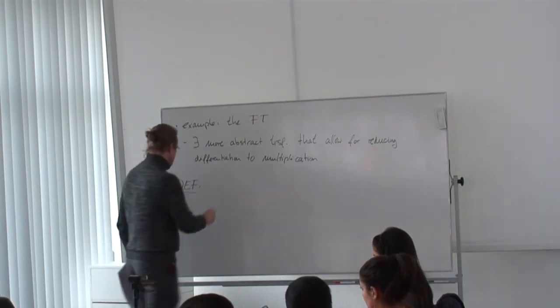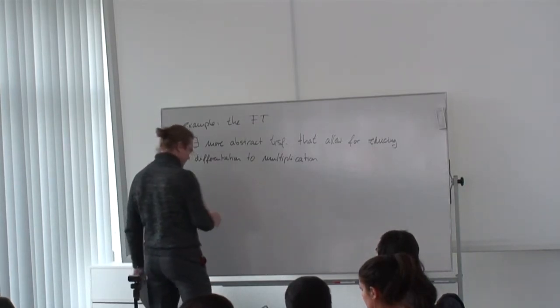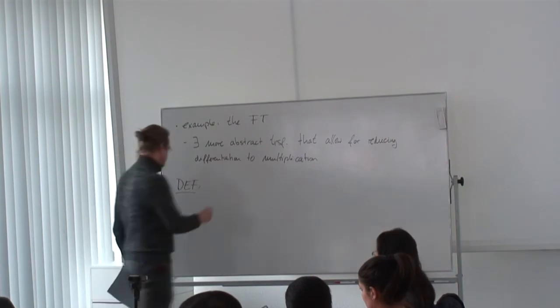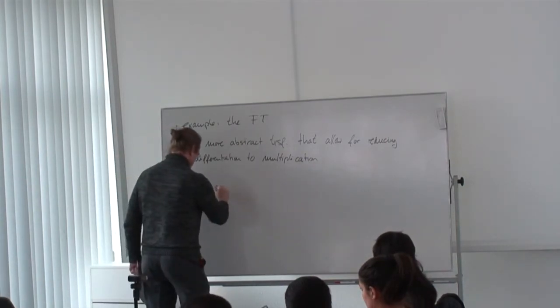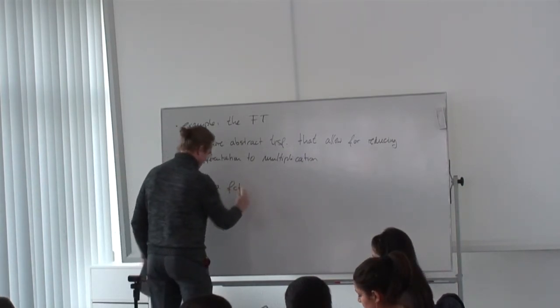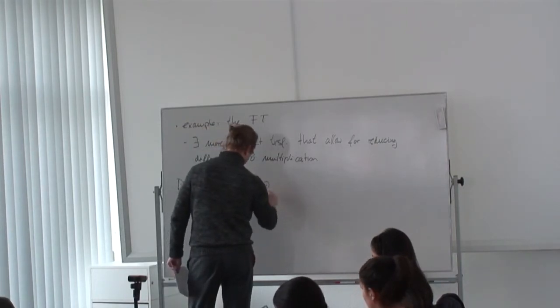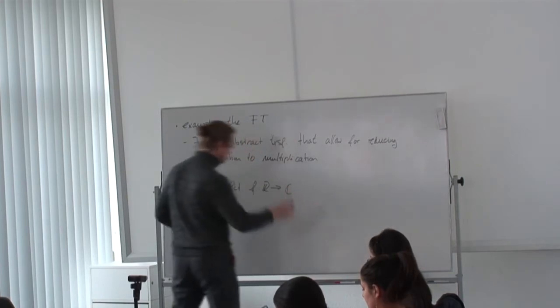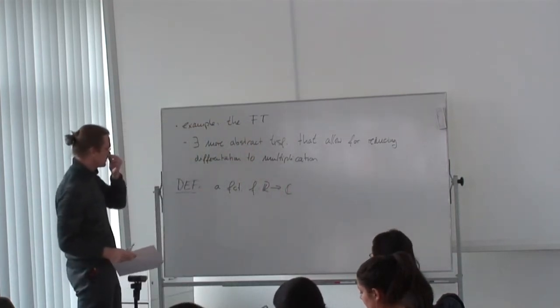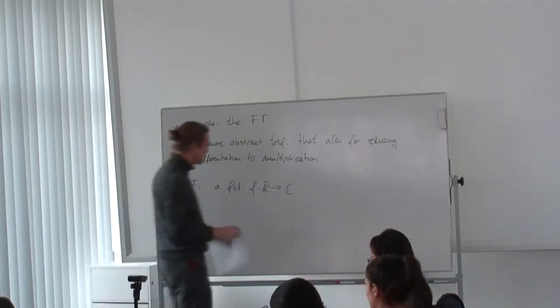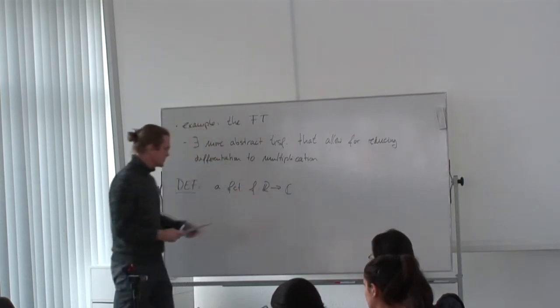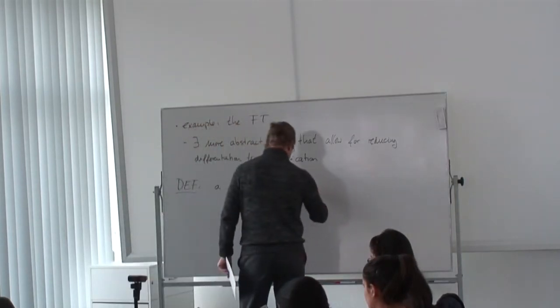The concept we need to acquaint ourselves with is that of a function, let's say a function that goes from the real numbers to the complex numbers. The complex numbers include the real numbers? Let's be general here. Such a function from R to C is called